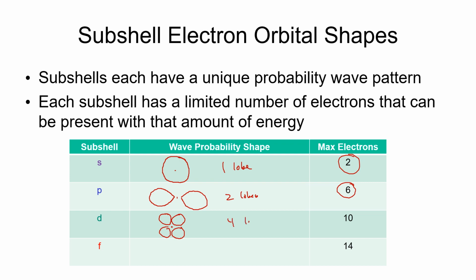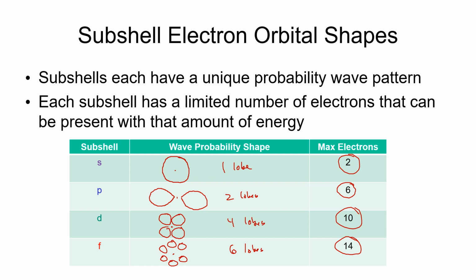So that's 4 lobes. And there are 10 electrons that can have that wave pattern. And finally, we end up with the F subshell, which are even smaller. Well, smaller lobes, but more of them. So 6 lobes in most of these wave patterns, and there are 14 possible electrons in each one of these